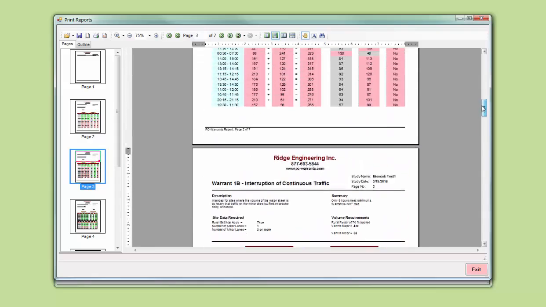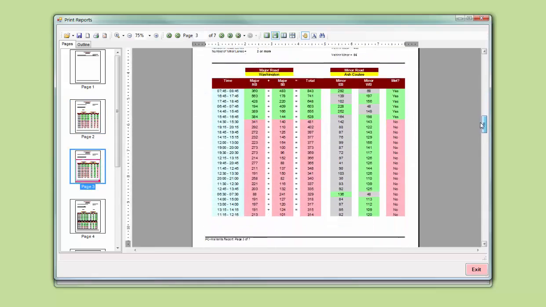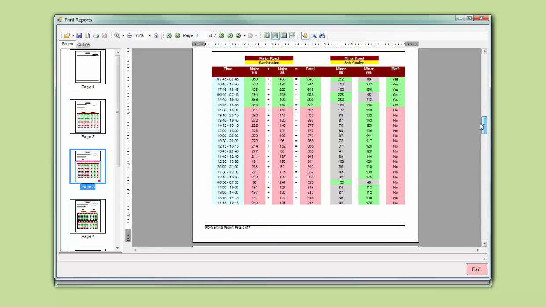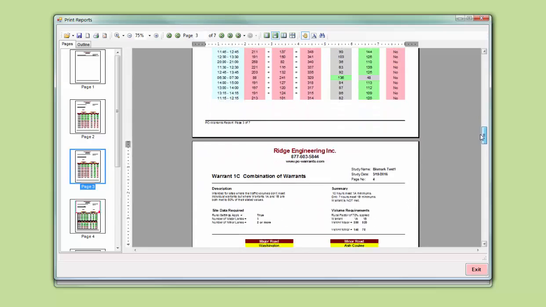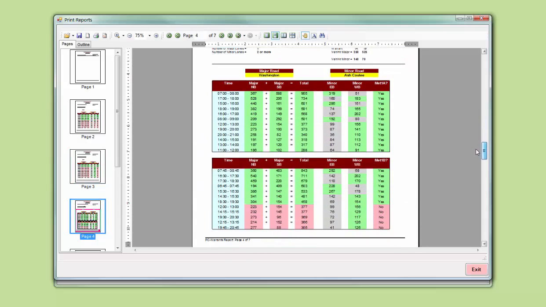Nice in color. If you have a color printer, it'll print in color. Otherwise, it'll print in shades of gray that still look pretty good. Warrant 1C, remember, has two separate criteria, 80% of 1A and 1B. So it shows both of those mini grids, and